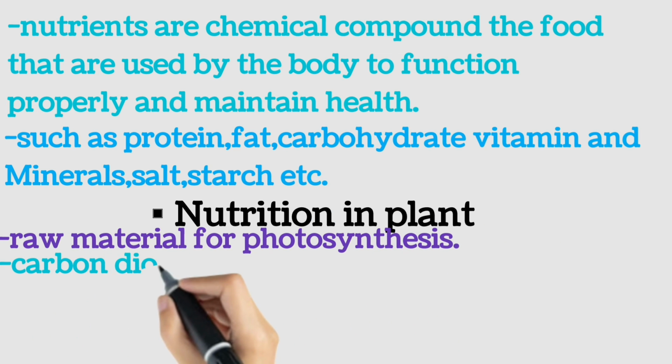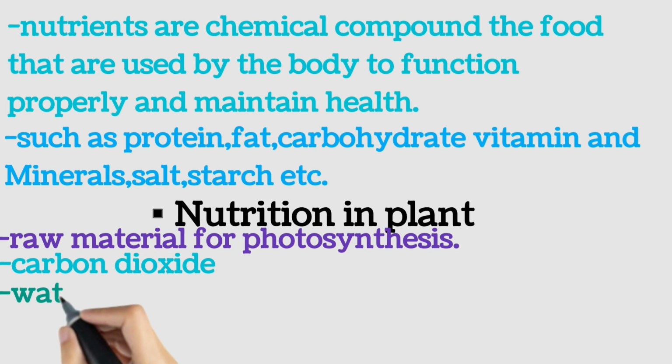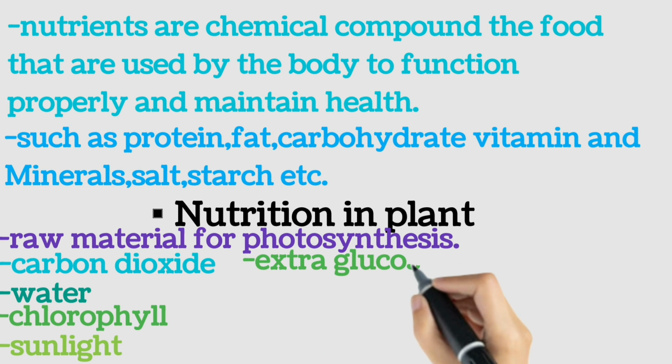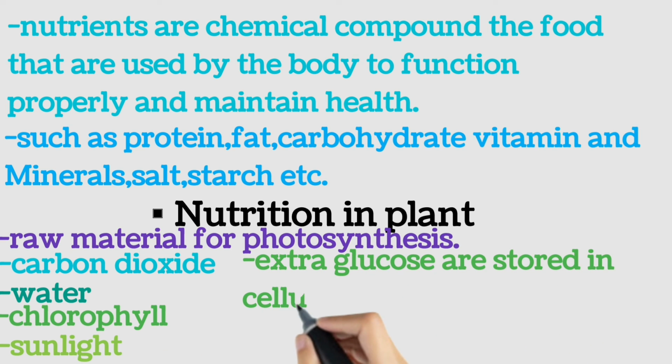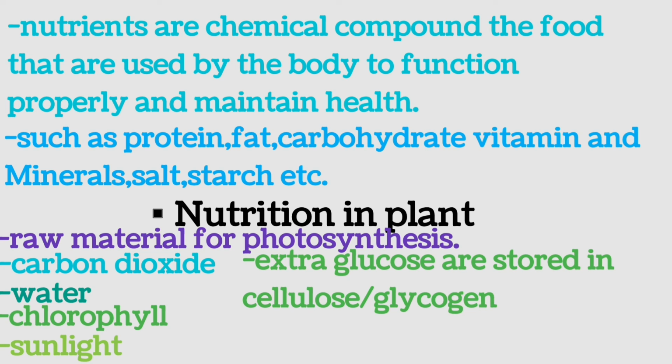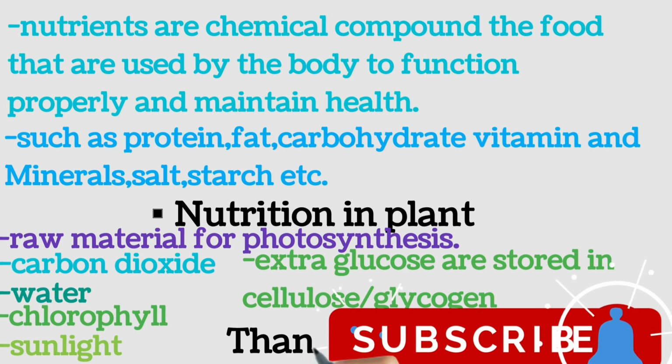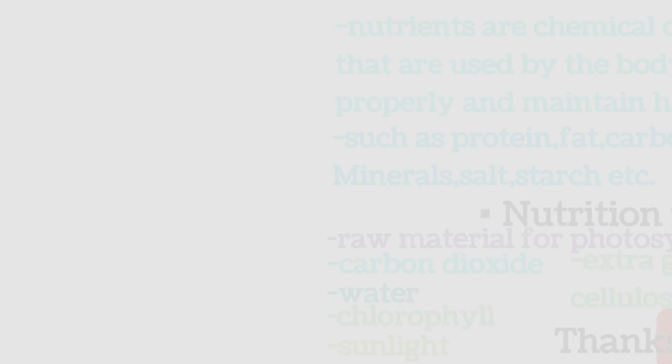Nutrition in plants. Raw materials for photosynthesis: carbon dioxide, water, chlorophyll, sunlight. Extra glucose is stored as starch or glycogen. How the plant